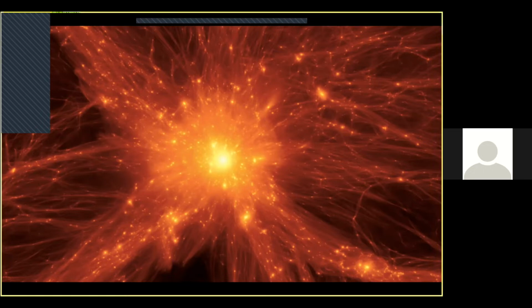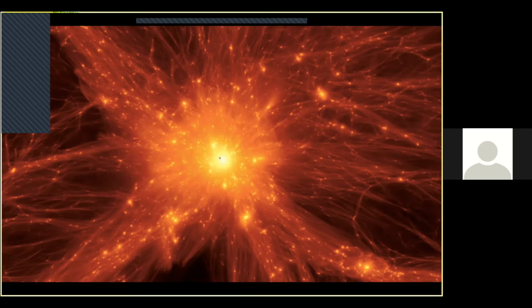Now, what we're looking at here is an image from a simulation that I made of one of these large structures of dark matter called a dark matter halo. And it's colored so that low density regions like this down here are black, and high density regions like the center over here are white or bright yellow. And so what you can see first off is that there's a big clump. It's roughly spherical, but not entirely. And it gets really, really dense near the center.